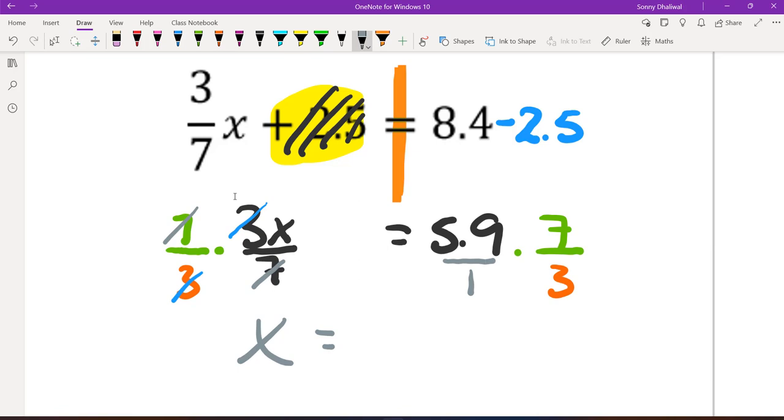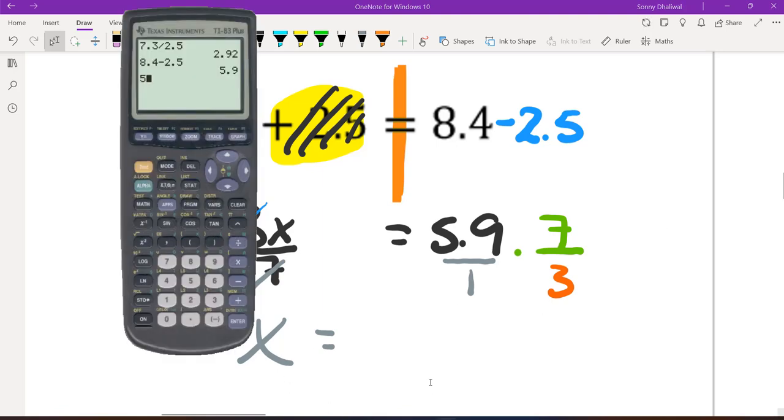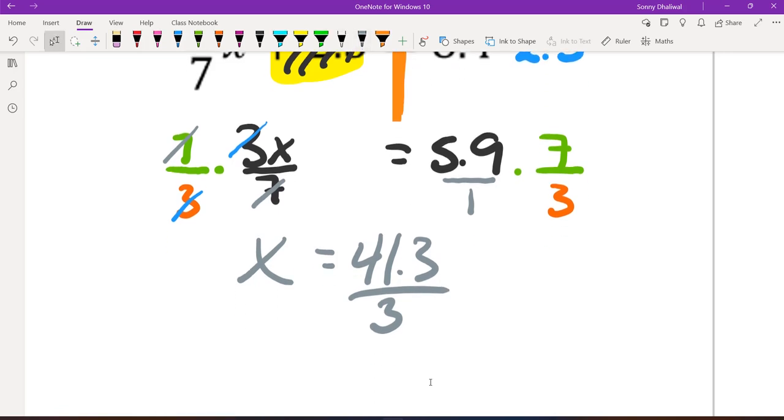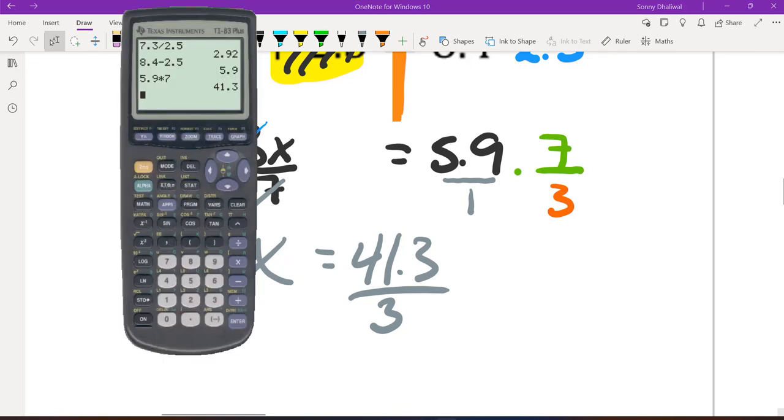Right? So now, when we're multiplying fractions, we multiply the tops together, we multiply the bottoms together. So if you multiply the tops together, we go 5.9 times 7, and we get 41.3. We multiply the bottoms together, we get 1 times 3, which is just 3. Okay. Now, you see a decimal in the number, so we don't leave it like that. We do the actual calculation. So remember, the fraction line just means to divide. So we grab our calculator, and 41.3 divided by 3 is